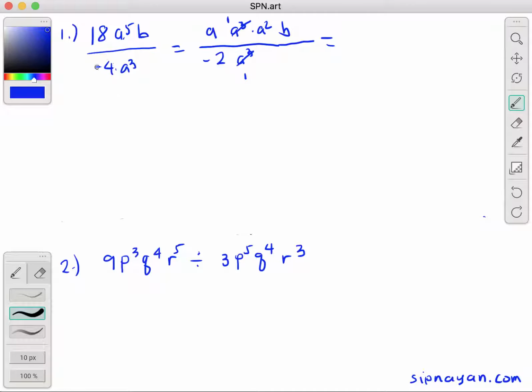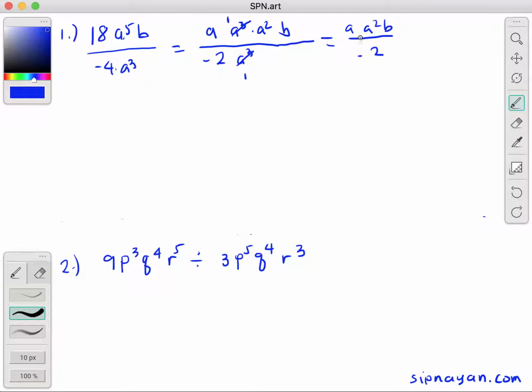Dito ang greatest common factor natin ay 2, at dito ang greatest common factor natin ay a cubed. Wala na tayong pwedeng i-cancel. So, the final answer is 9 times 1 times a squared times b, which is 9a squared b over negative